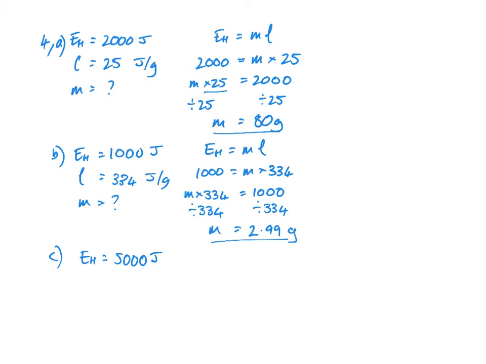And in the final one, we know EH is. Once again, we'll look up our table to get a value for L. And we're being asked M. Substitute in, so remember these first 2 steps are the same no matter whether you're trying to work out the left hand side or the right hand side. The formula's in the front cover of the exam